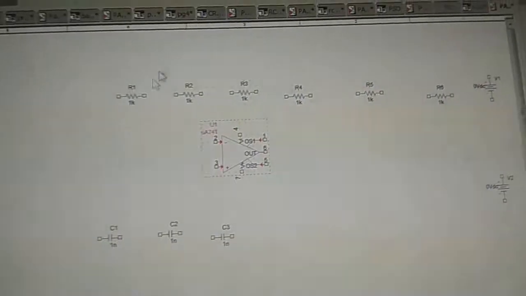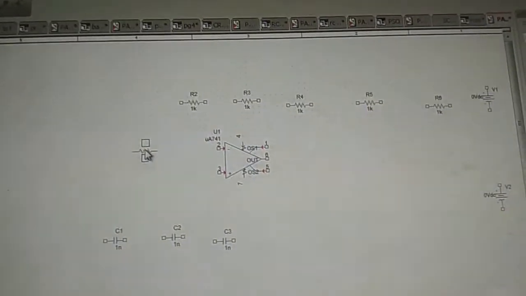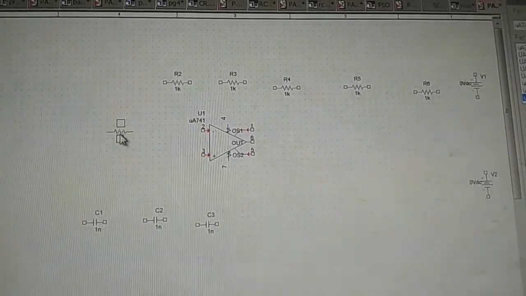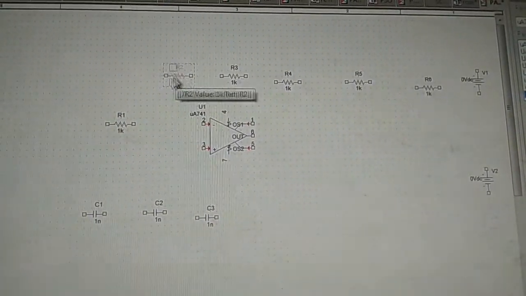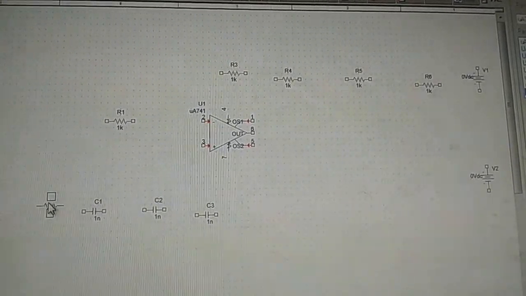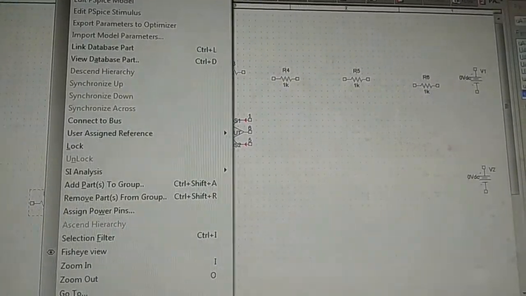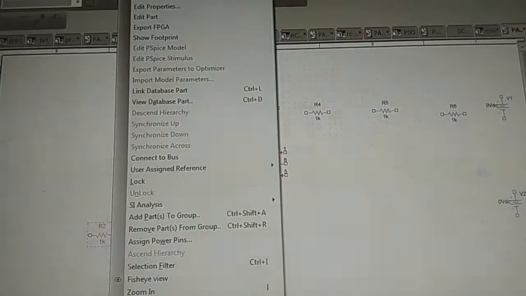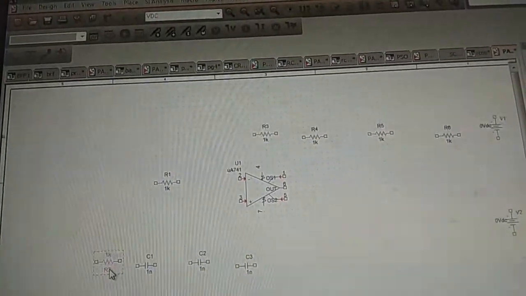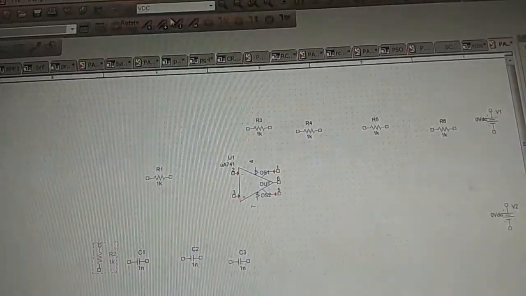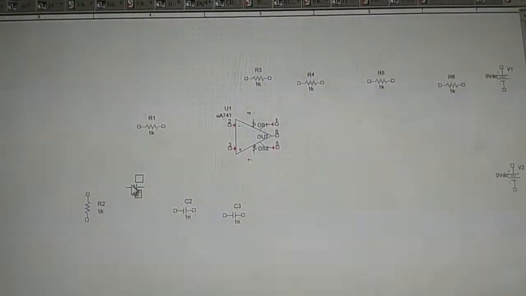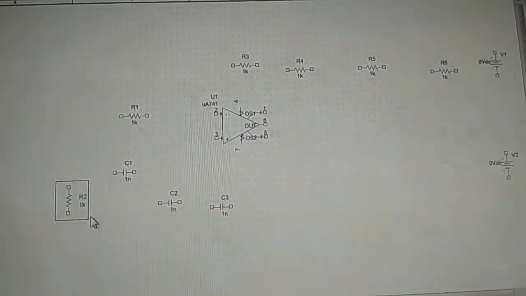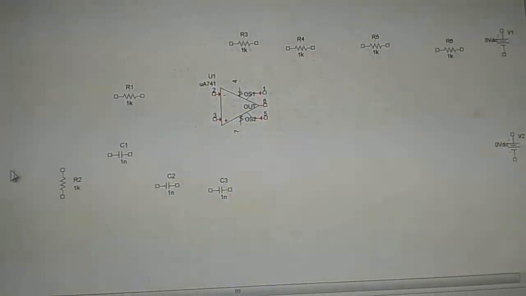A resistor is to be connected to terminal R2, and then one more resistor is required. We'll rotate this resistor from horizontal to vertical. Then we require a capacitor to be connected. I'll place it here. The components I need to connect by using a wire.